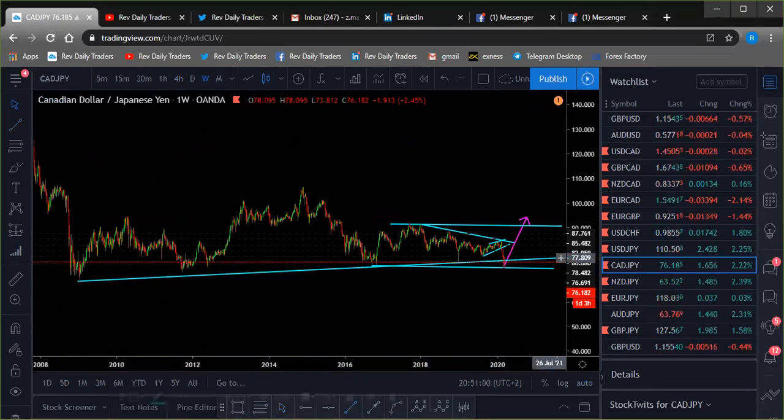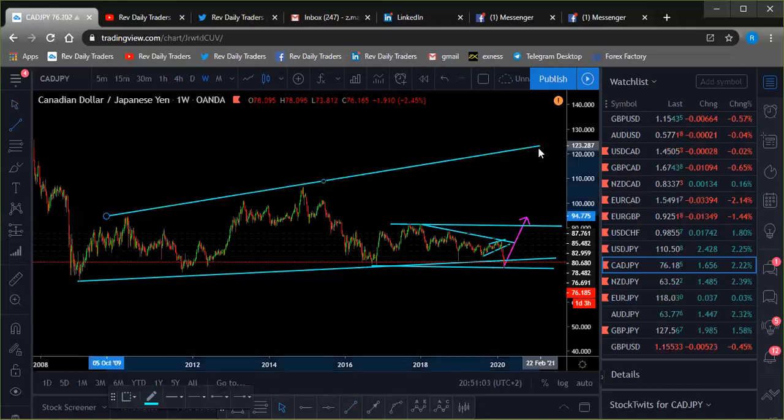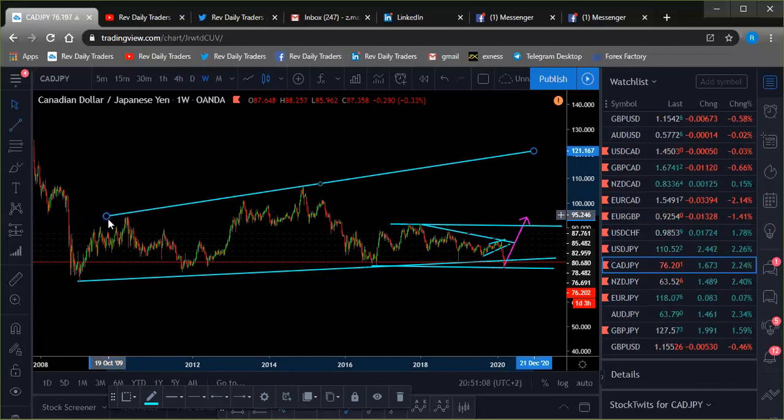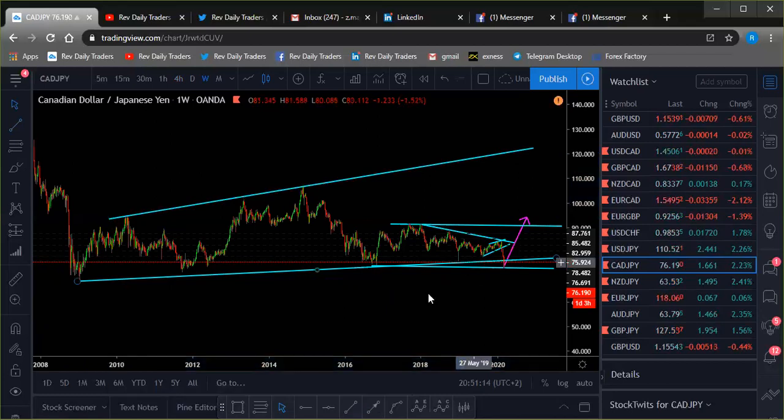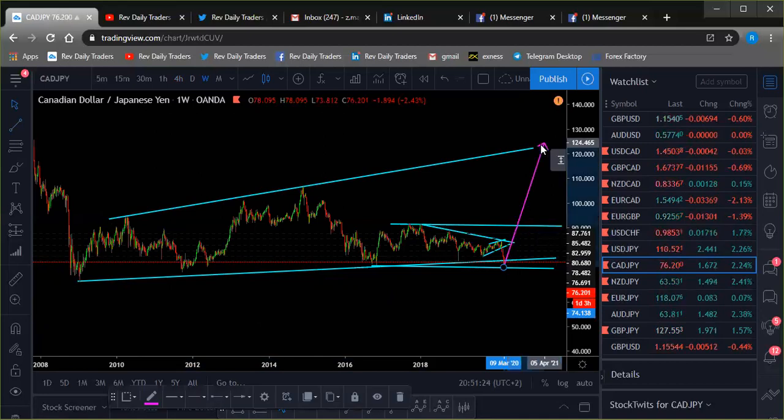Still in the correction. This correction, we are still in. We are in the bottom here on our roof. That can take this pair to 120. Okay,